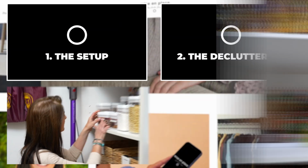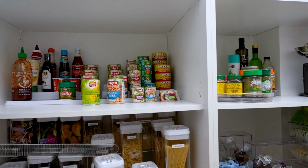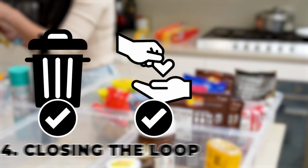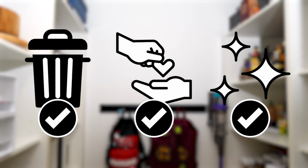order in your home. Number four, what I like to call this one, it's closing the loop. This includes removal of rubbish, getting donations off to their charity and getting that area we've worked on back in